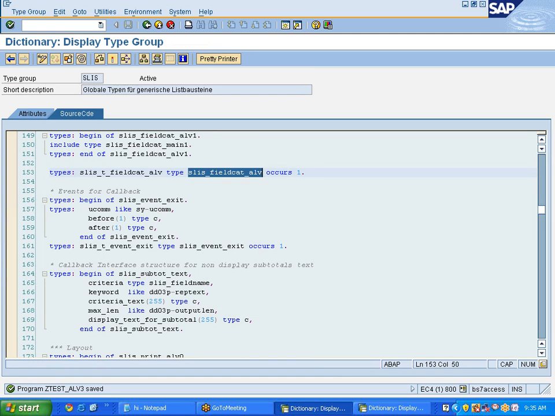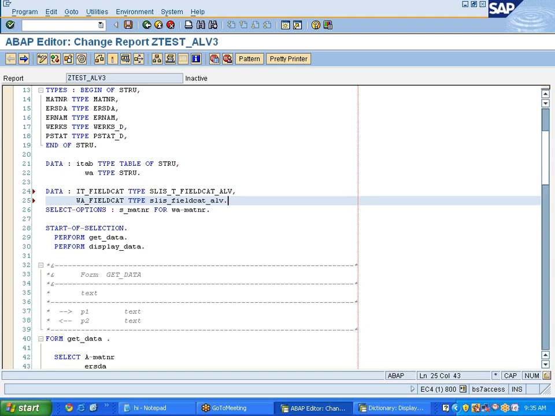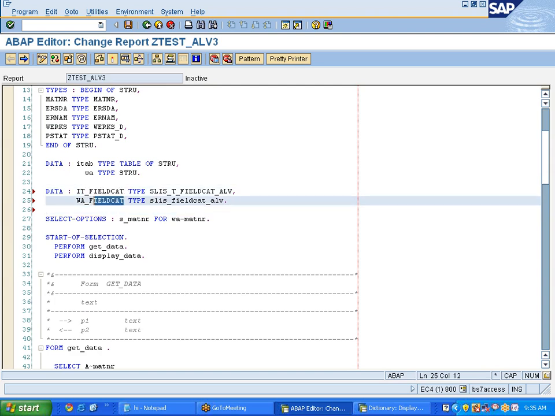Okay, so take this structure, come back and put it here. So now I have declared one internal table and one work area. Okay, so now after declaring the internal table and work area,